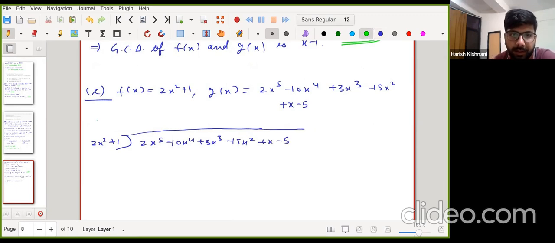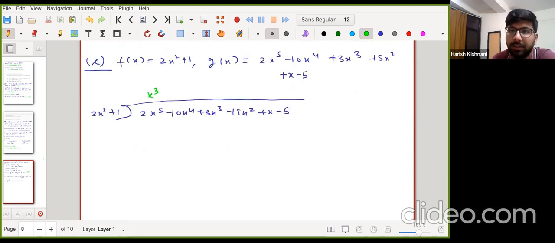So the highest degree terms you have to divide. So it will be x cubed: when you divide 2x^5 by 2x squared, this is going to be x cubed, and multiply this x cubed with 2x squared plus 1, we will get